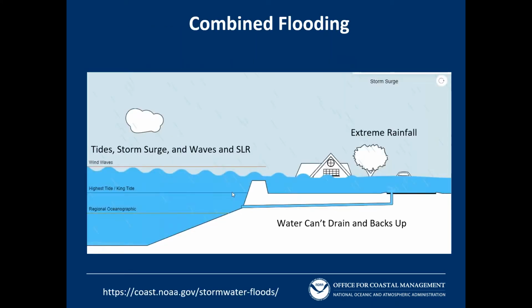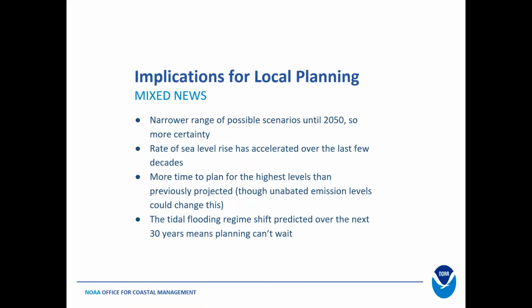And the big issue on the coastal areas is where you have extreme rainfall at the same time you have high water levels during storms like tropical storms or hurricanes, and the stormwater system's connected, and so it can't drain from one side, it's coming in the other side, and this has become a real big issue. Places like Norfolk, Virginia, Charleston, South Carolina, Boston, there's other coastal cities dealing with this.